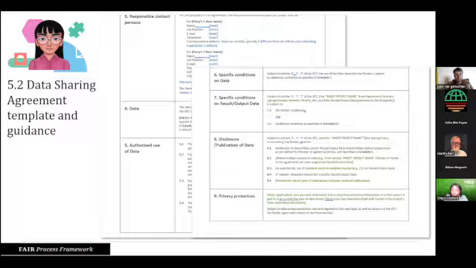Attribution is an important one. You're doing all this research work. How are we going to ensure you get the attribution and the acknowledgement for the work that's been put into collecting this data? The publication rights: are we going to allow this data to be published on an open repository or not? What about commercially sensitive data, right? You might want to later on commercialize some of it or create more outputs from that data that you could use to sell and so forth. This template will give you a lot of terms and conditions.